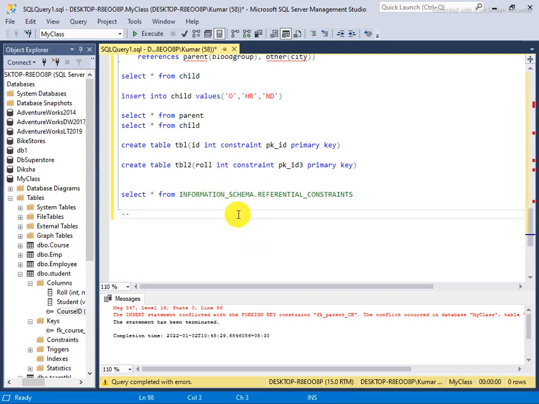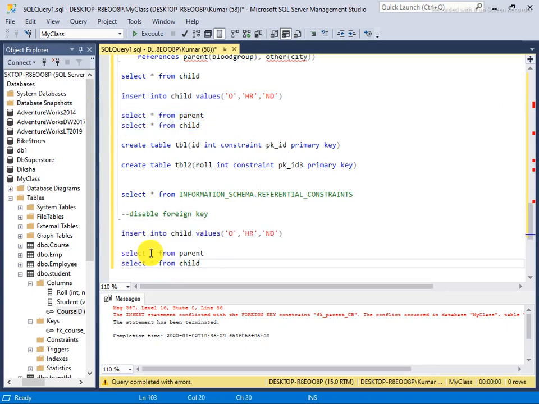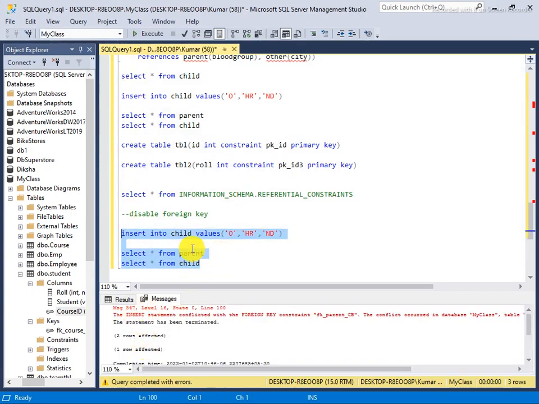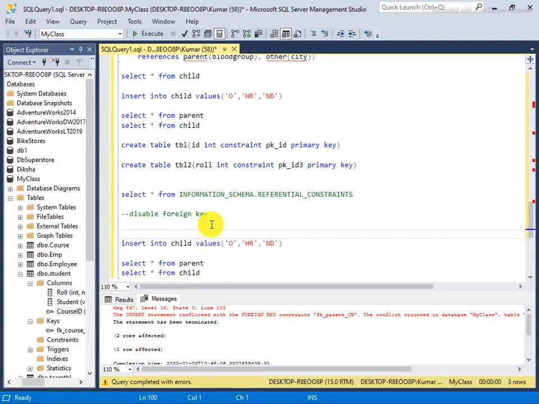See here. Disable foreign key. So if you want to enforce this entry directly, you can't, and it will throw an error because of the validation. So here I will disable it. I will write alter table, name of the table which is the child. You want to enforce it in a child table, because you have applied the foreign key in the child table. Okay, so you will say no check